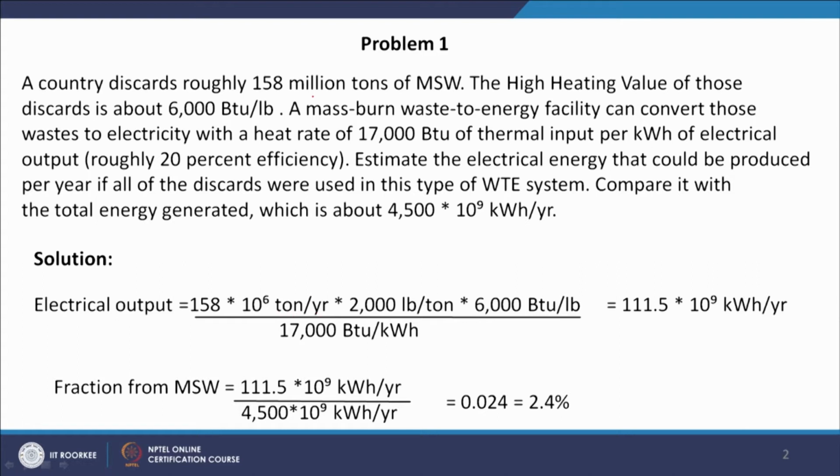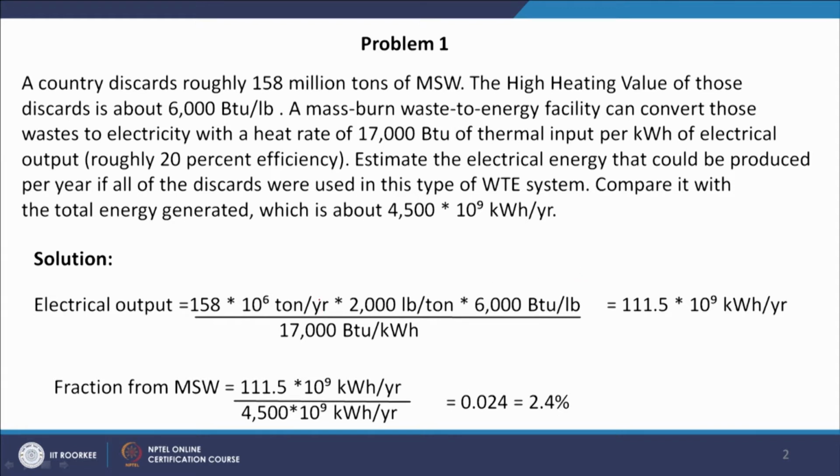Then we are multiplying it by 2000 pound per ton, because this is a unit conversion, ton to pound. And then what we will do? The heat content of it. So, now we are getting the total waste generated in pound unit. Then we will multiply it with the heating value, that is 6000 BTU per pound. So, now what we are getting will be in BTU unit